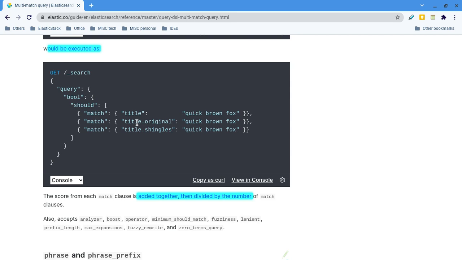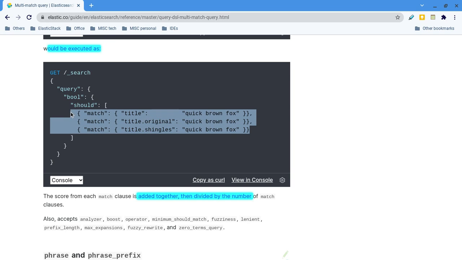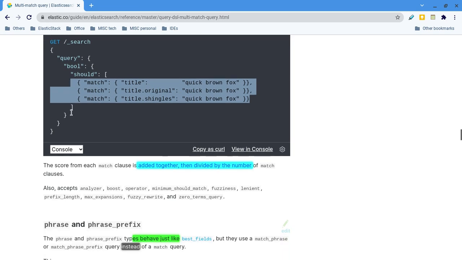The third document matched the given terms in three fields, while the second and first documents matched only two fields, so the third document will be at the top. That's it.